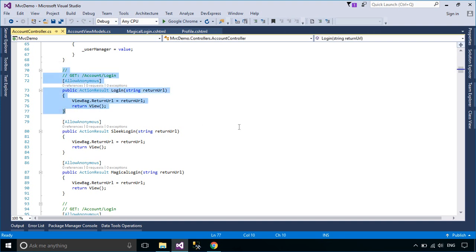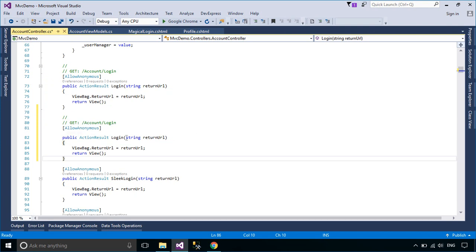Open your account controller, then create a flat login action corresponding to HTTP GET and HTTP POST.